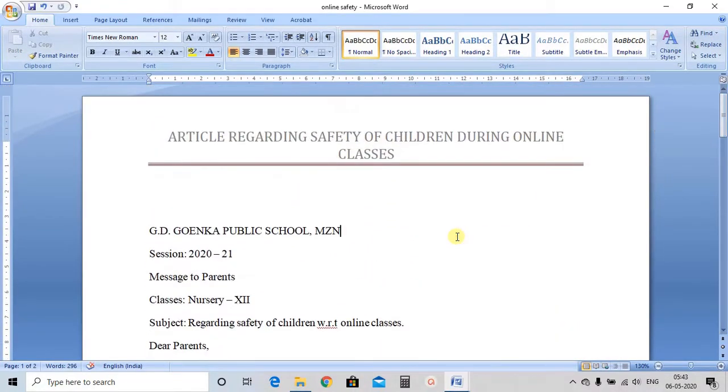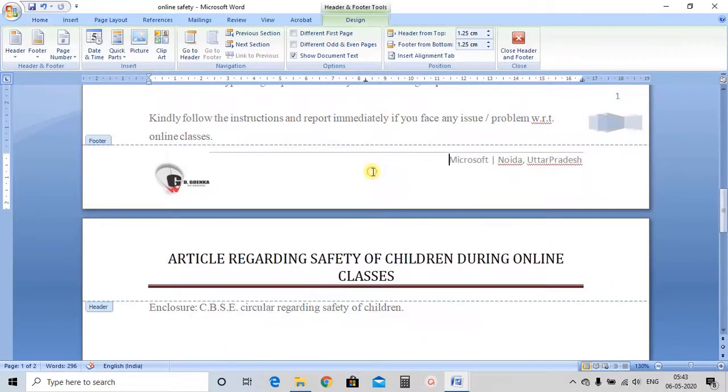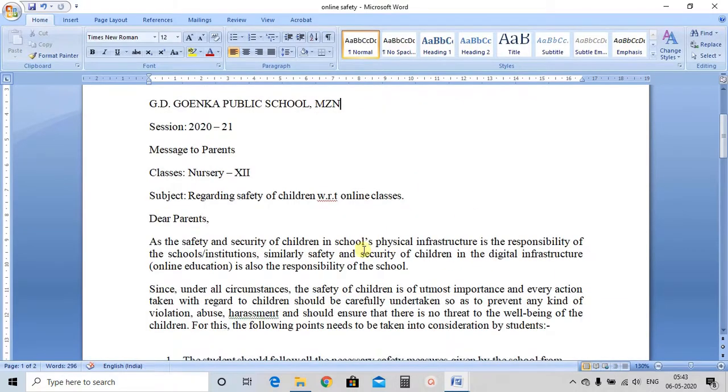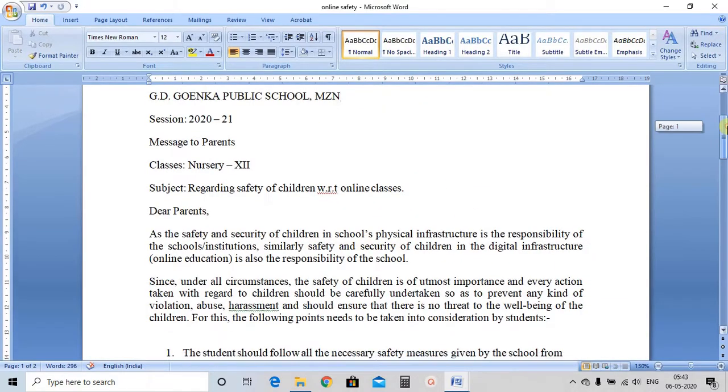Is that clear? I hope everything is clear how you can insert the header and footer part in your document, how can you change the header and footer part, how can you change the layout, the design, how can you insert images, anything you want to do. What you need to do, just remember, either double click on the header part to make it active, or double click on the footer part to make it active, to make the changes. After making the changes, you can double click anywhere in the document to activate your document so that you can make changes in your main body part.